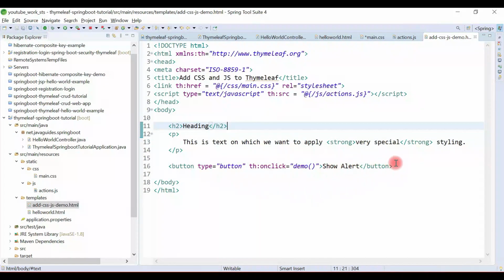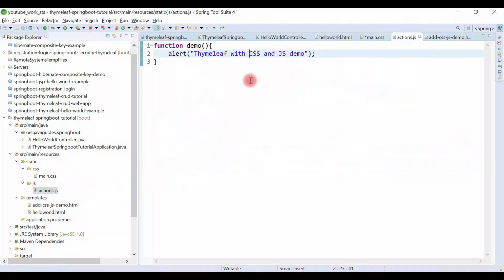And look at here, we have provided a button, so this will call a demo function which is implemented in actions.js file. Okay, all right,